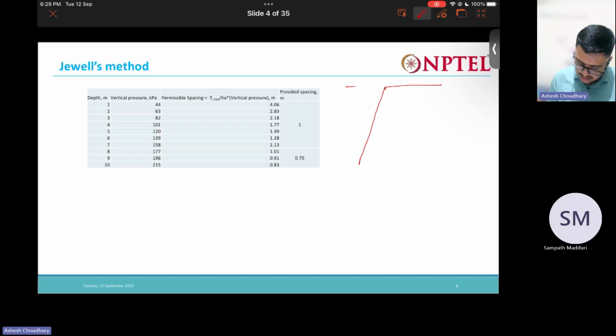So let us provide the first geogrid like this, at a depth of say 0.25. Okay, so like this, we will start placing the geogrids. From here, this one will be 1 meter. So like this, we will be spacing. So provide